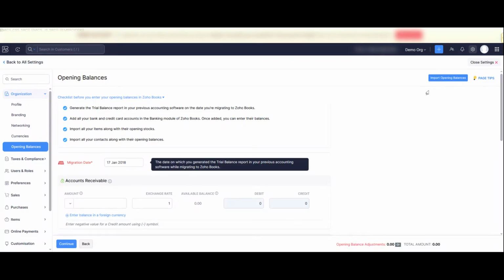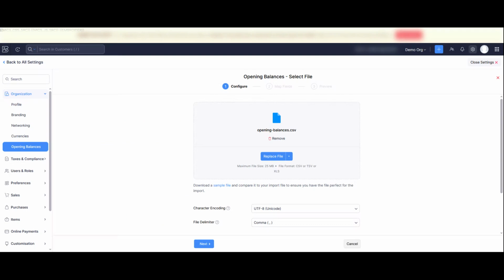another accounting system. Once the opening balances page opens, go to the top right corner and click on the button labeled Import Opening Balances. Zoho Books will now take you to the import screen where you can upload your spreadsheet file. Before continuing, make sure your opening balance data is already saved in a spreadsheet file, such as CSV or Excel format. This file should contain the accounts and their corresponding opening balances, so Zoho Books can read and import